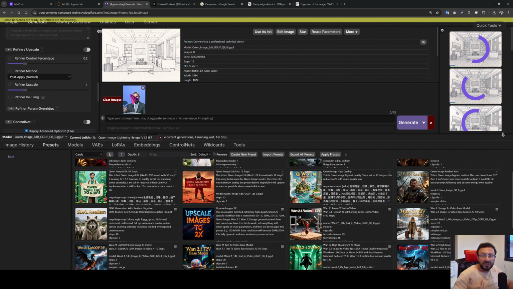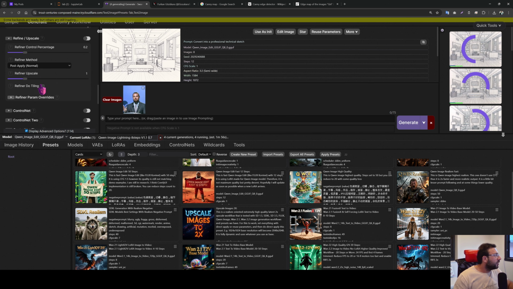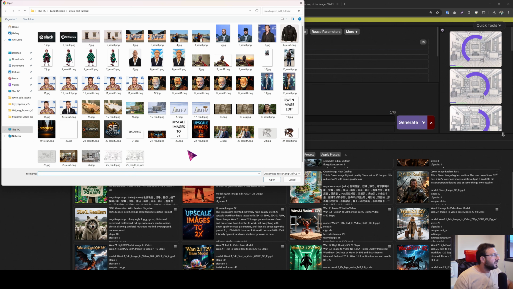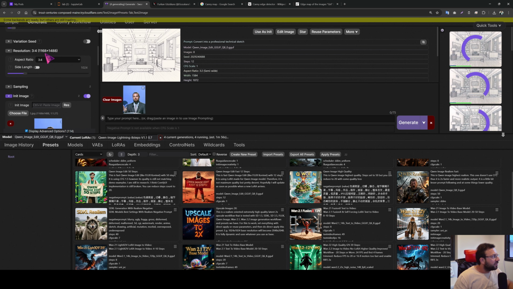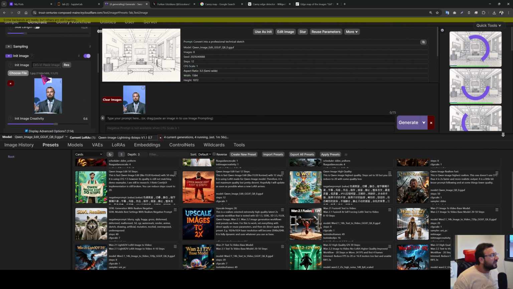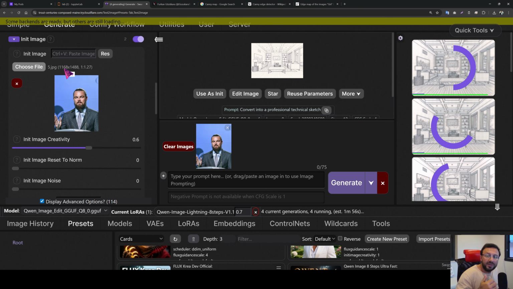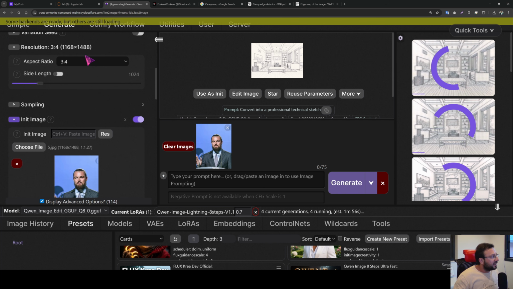And how am I going to set the accurate resolution? So again, from init image, you see, choose it, select the init image, the same image, click res and use closest aspect ratio. You see, this is the image resolution that I need. So I recommend you to cut the image to this resolution, otherwise you will get a lot of distortions, image changes, face changes, so many problems. This input image is also exactly, let me zoom in, 1168 by 1488. So the image resolution is exactly the same as the